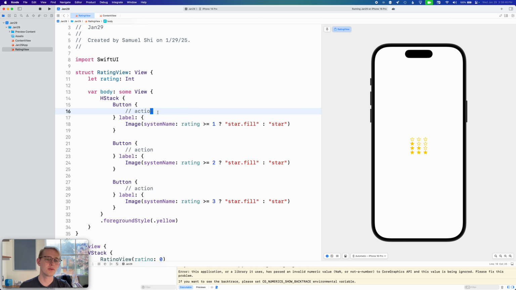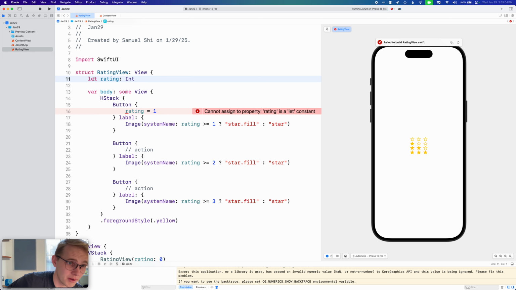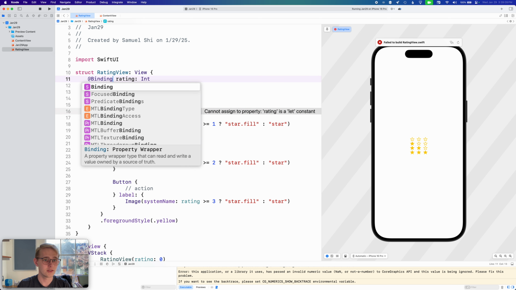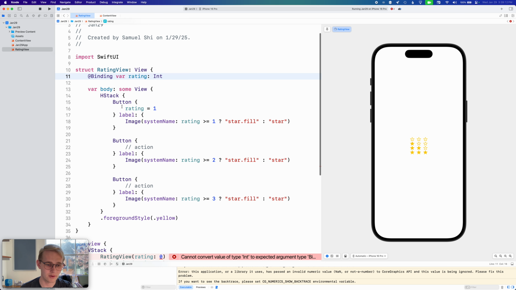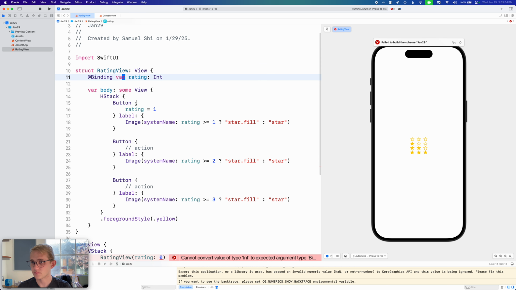What we'll want to do when this first button, the first star, is pressed, is set the rating to 1. But we can't write to the rating property because it's a let constant, and we can't update it. We could try to make this just a normal var, but that won't work either for a number of reasons. Instead, we'll want to use @Binding var to write, so that we can write from the rating view to the rating parameter that's been passed in by